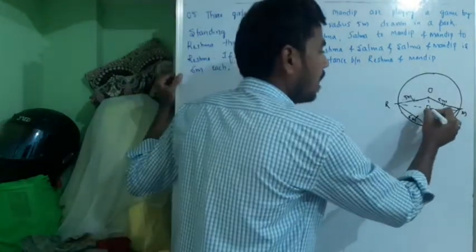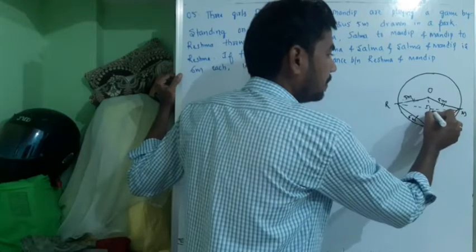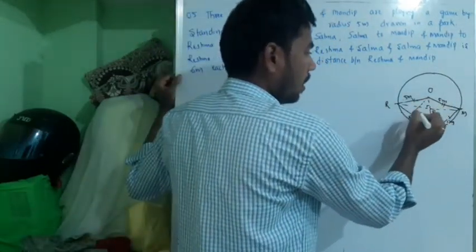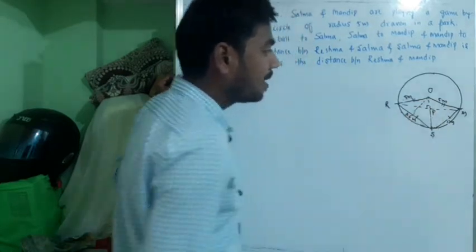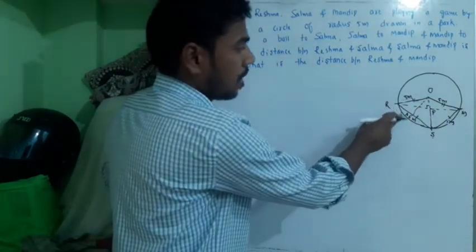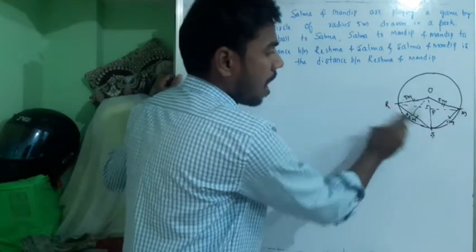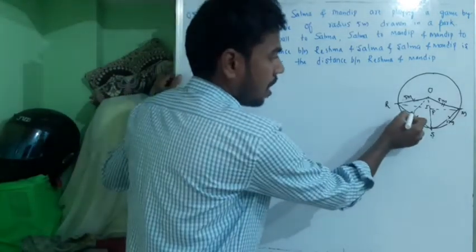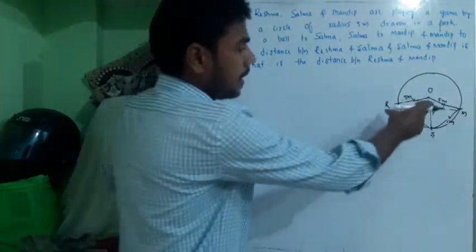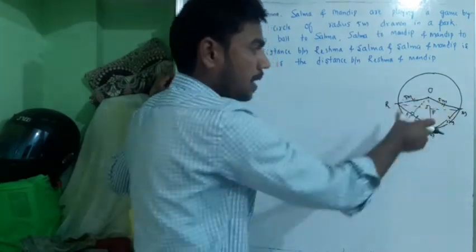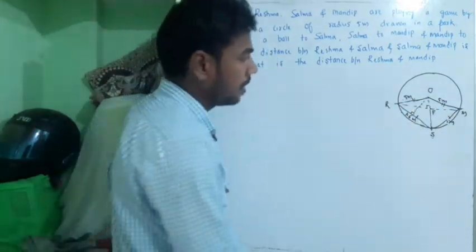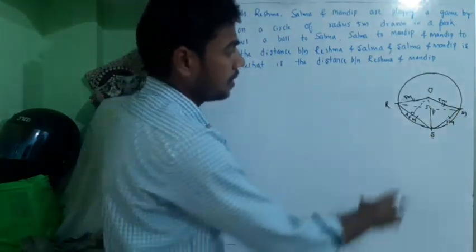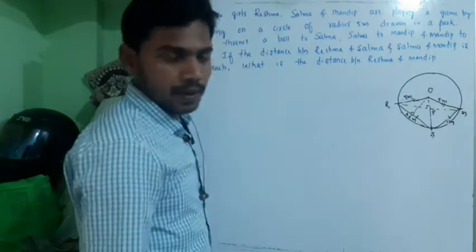Okay, I'll call this as point P. Okay, next draw OA. Draw OA perpendicular to RS. If I draw OA perpendicular to RS, since OR is equal to OS, they are the radii of a circle. This will be equal to 5 meter, this will be equal to 5 meter.